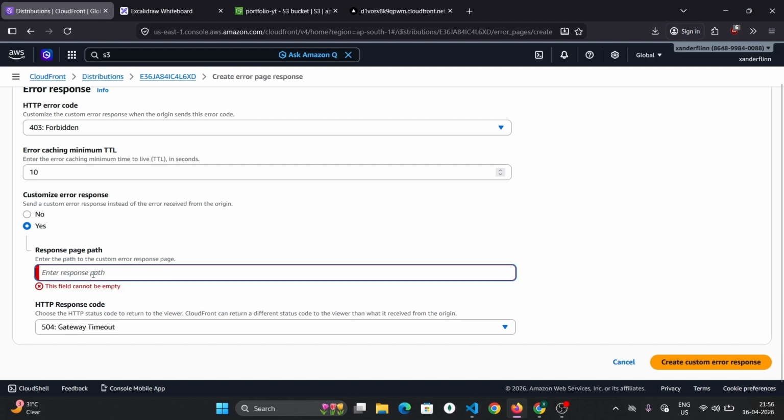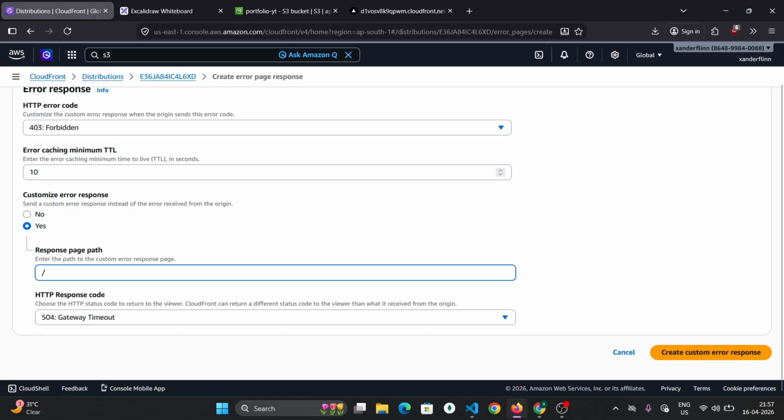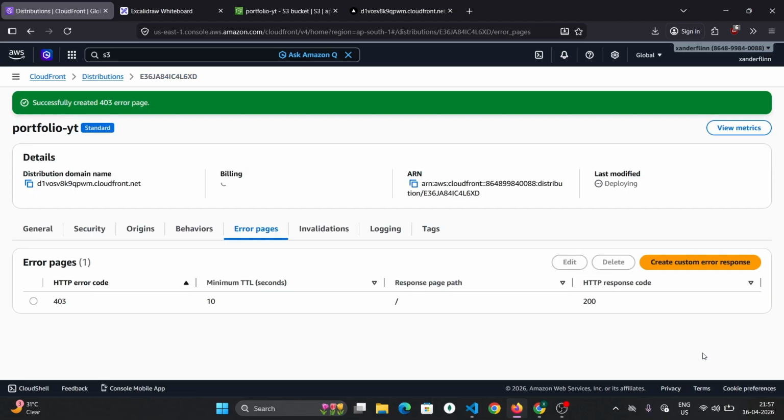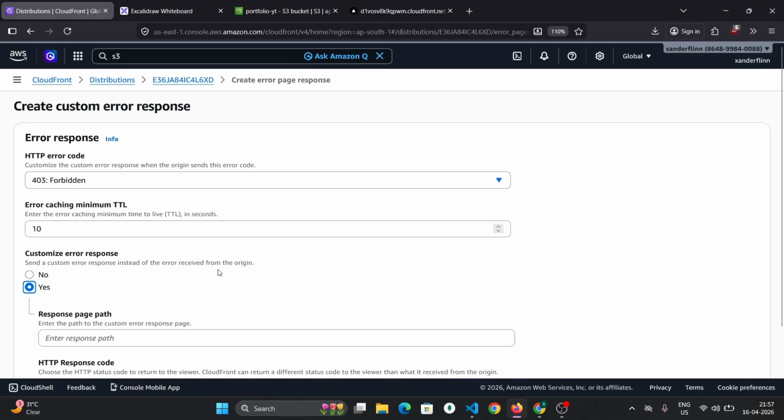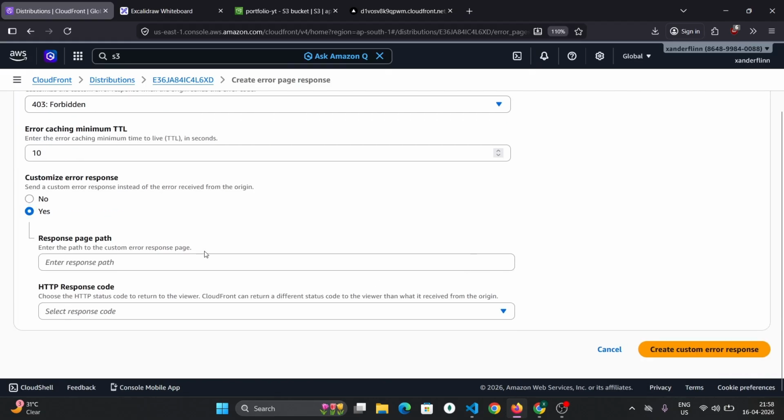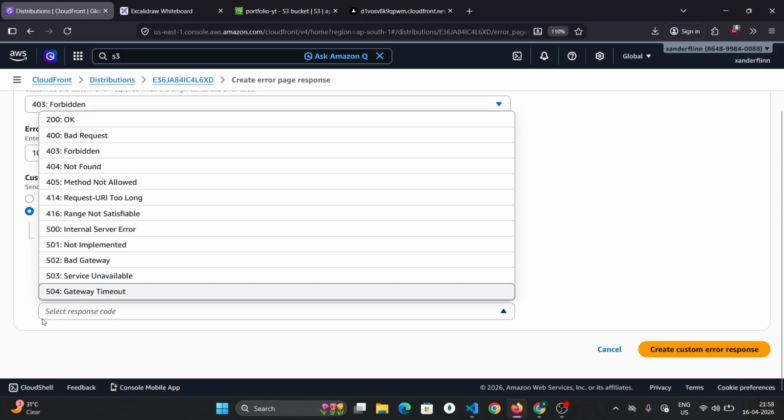Let's see, the index.html, that's our home page, with a 200 response. Let me recheck it. We have to put /index.html, that's our default path. And